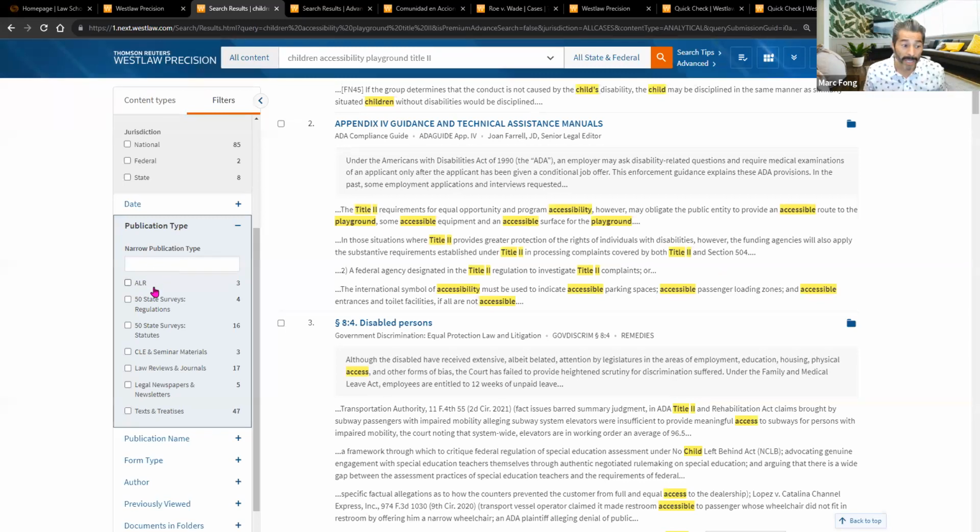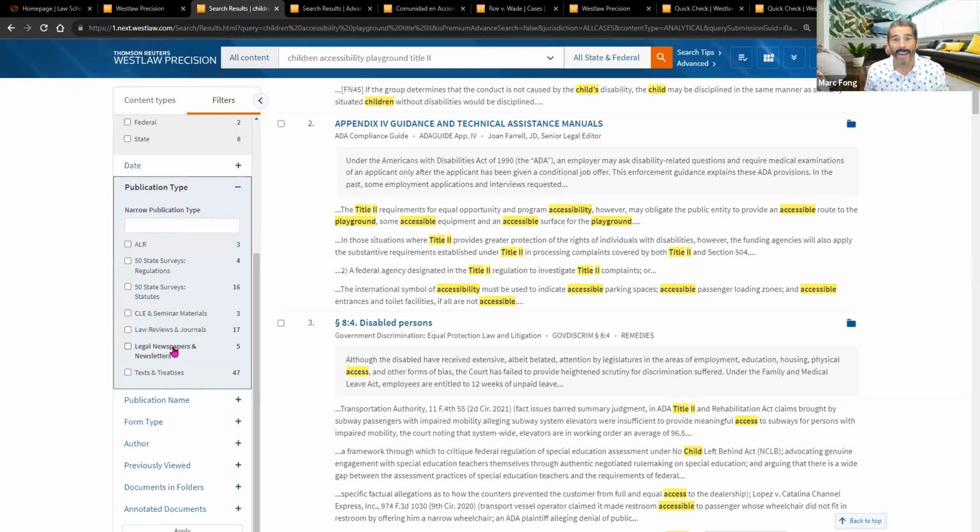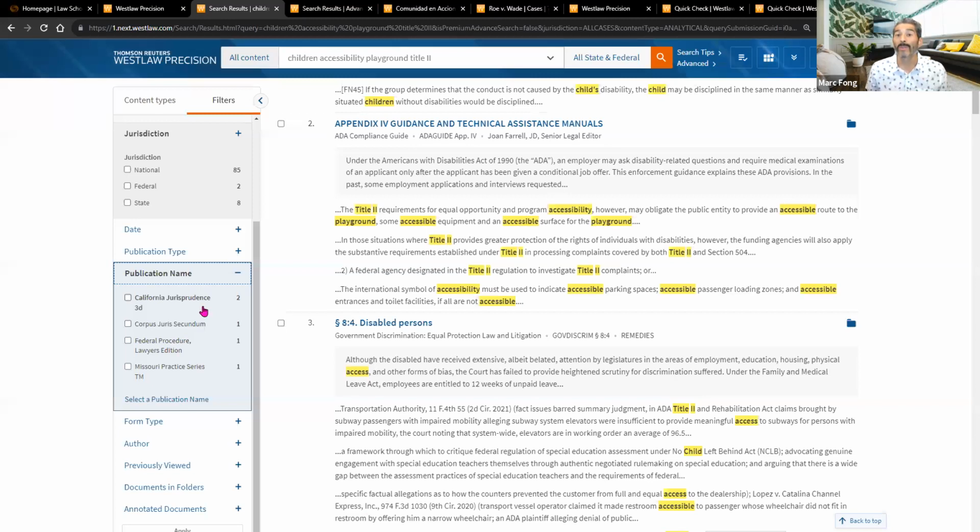And as you get familiar with Westlaw, you're inevitably going to find some publications that you like, and then you're going to want to go to them directly. And I highly recommend that because that means A, you're actually getting proficient at the tool, but B, you know what you like and you're going there and getting the information a lot more quickly. I'm the same way. California Jurisprudence is a tool that I use whenever I'm starting a brand new legal issue that's unknown to me. I usually turn there for California type